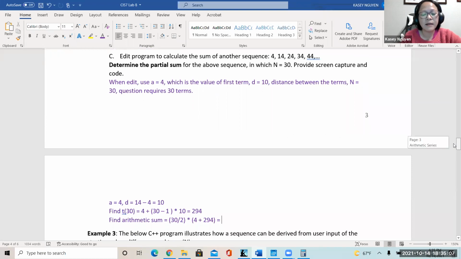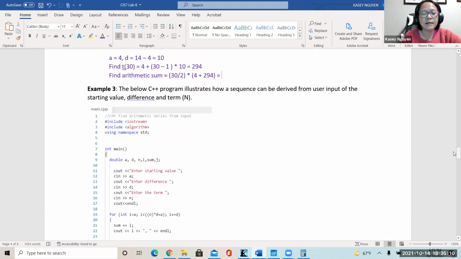Okay. Let's talk about number 3. So now let's say that you are going to give the user the opportunity to enter some value, like a starting value, the difference between the arithmetic terms and the total number of terms. So it will be able to produce, okay? So in example 3,